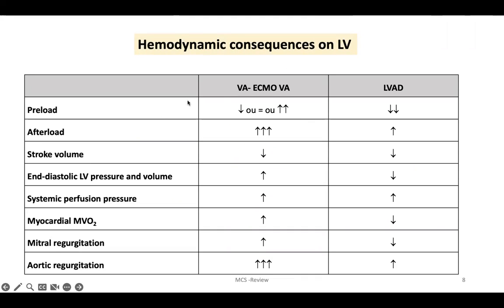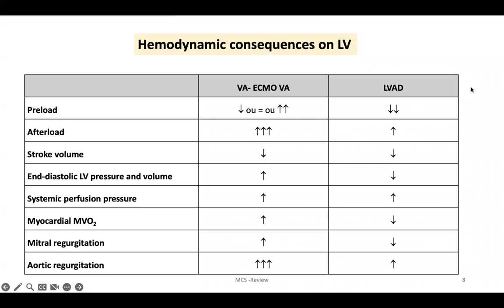So one table that you should keep in mind, I think, is the difference of the consequences on the LV between a VA ECMO and a VAD, an LVAD for example, in terms of preload, afterload, stroke volume, end diastolic LV pressure and volume, systemic perfusion pressure, myocardial oxygen consumption, mitral regurgitation, aortic regurgitation. So again, in the setting of VA ECMO, you can decrease the preload if you have very, very good drainage and no flow through the